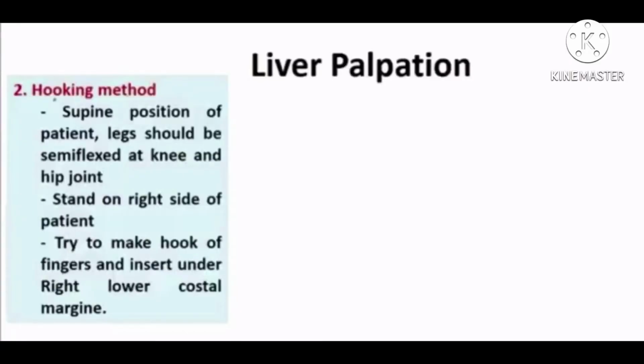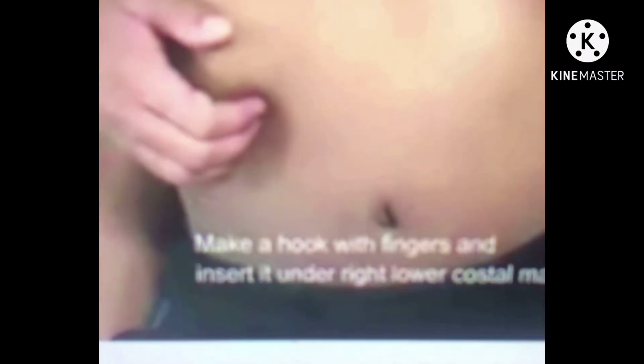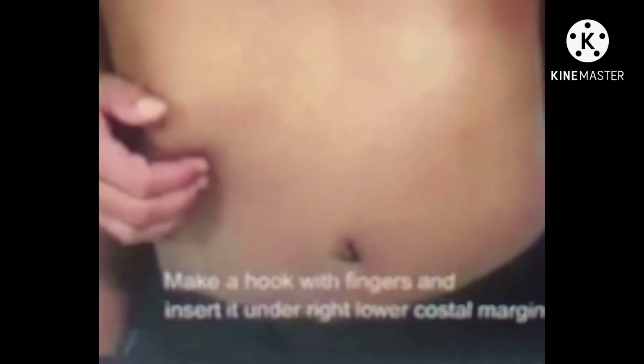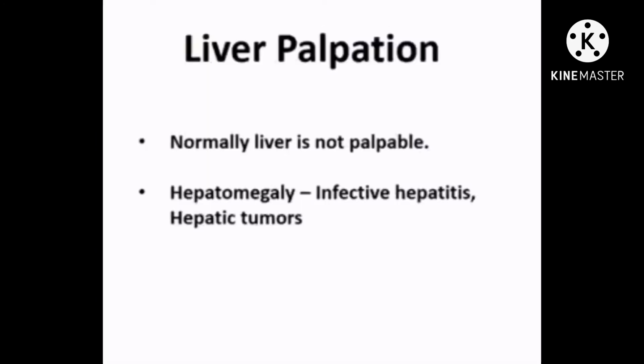Hooking method. Make the patient lie in supine position. Legs should be semi-flexed at the knee and hip joint. Stand on the right side of the patient. Try to make a hook of the fingers and insert under the lower right costal margin. Normally, the liver is not palpable. In infective hepatitis and hepatic tumors, hepatomegaly is seen, that is, the